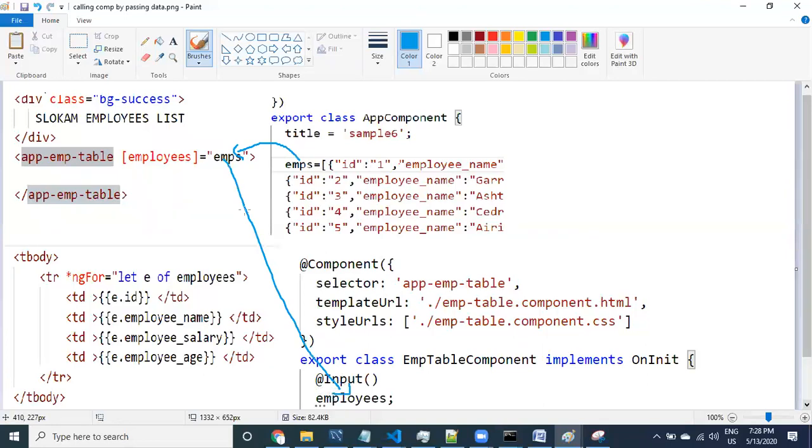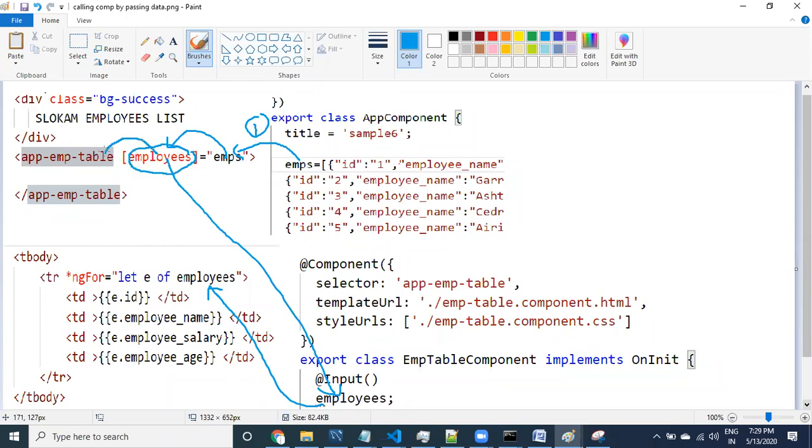Here the data is going to come to here. Actually the data will be assigned to here, right? Whatever data we are providing, this data is going to be provided here. This data will be provided to these employees. Actually this employee data is available here, and it will go to this employee component. Then this employee data will go to this particular data. So data is going to come from the app component to the HTML property we are using. In this HTML, this is an input property.